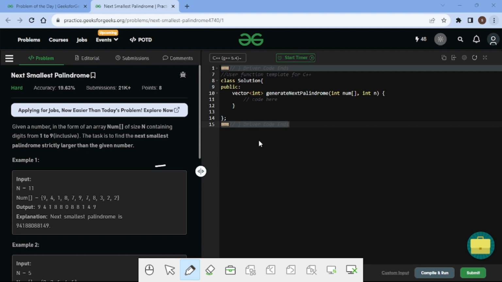So let us take example 5, 1, 2 and 4. So what will be the next integer of this? So the next integer is 5, 1, 2, 5, but we have to return the palindrome number which is strictly greater than this number. So if we think what will the palindrome number of this which is strictly greater than,